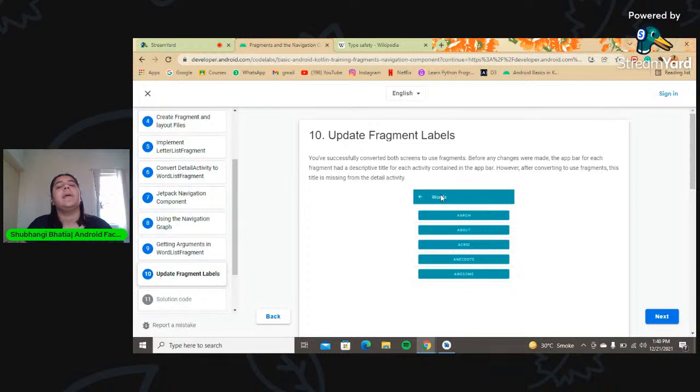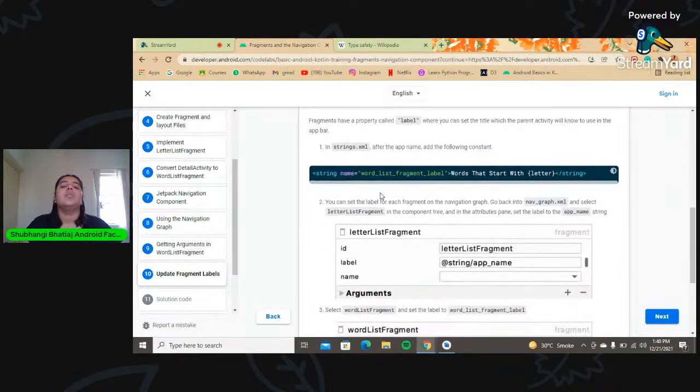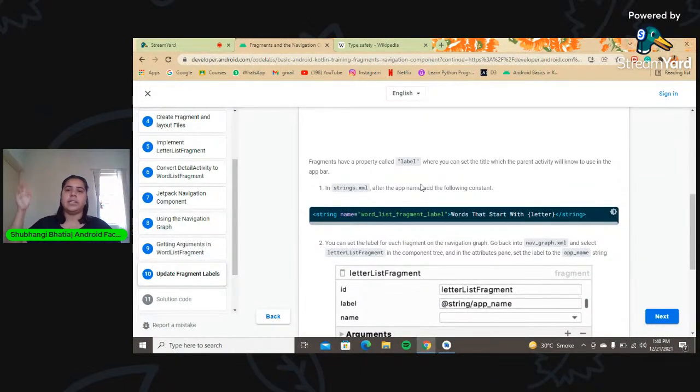Now when you run the code, earlier you would click on the letter and then it would show "words starting with A" here. Now only "words" is showing, right? So we update it to show "words starting with" and the letter the person clicks. That's what we do. A fragment has a label property, in which we can set the title so that the parent